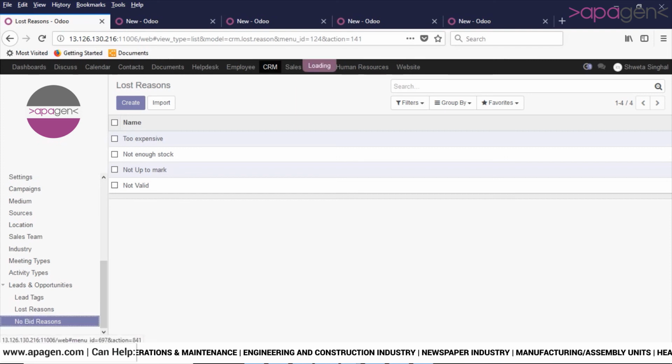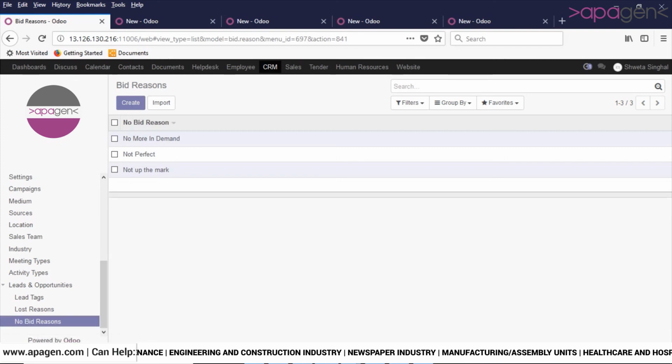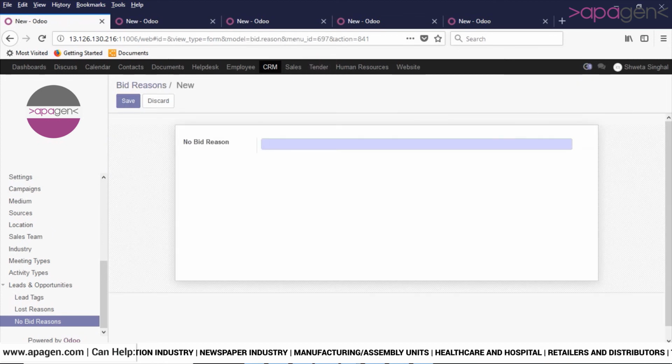In no bid reason, you will enter the no bid reason for your particular opportunity. When your head of the department clicks on the no go button, all these reasons will be visible there, and he will select one of them.